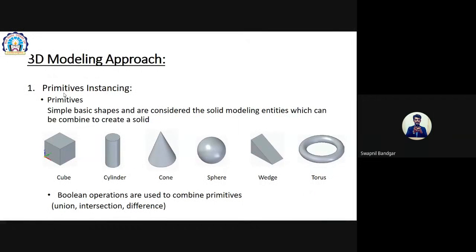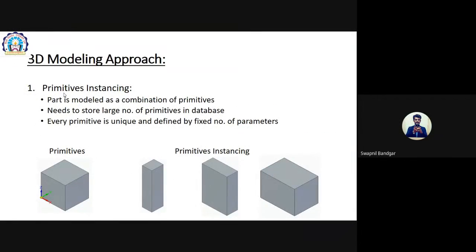Then we saw what primitive instancings are. These are some basic primitives, and if you change some parameters of the primitives, or we can say some basic dimensions, you will get primitive instancings.